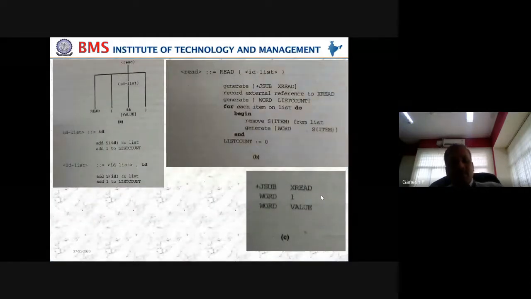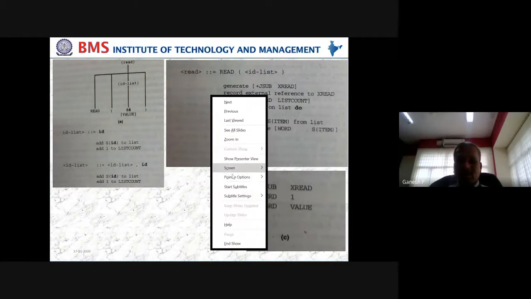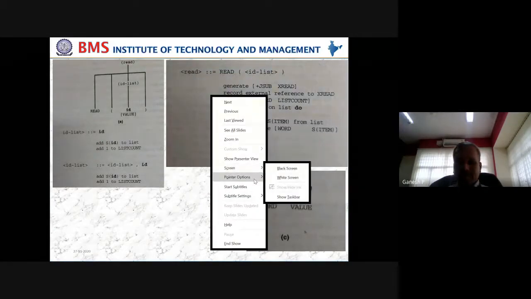So with this idea of what code generation is and what the various procedures are, let us look at a regular example we have been talking about, the read as well as our assignment statement, and how these are going to be handled. If you look at the first part, it is the diagram we have been talking about. In the second part, we have written some code here. This is the code we are talking about internally.